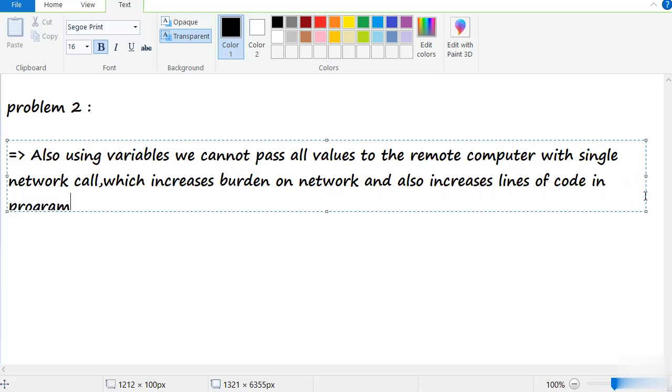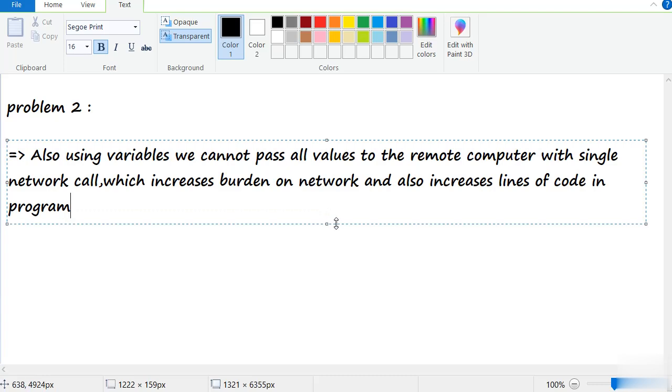This is a major problem of primitive data types. Using variables, we cannot pass all values to the remote computer. Remote computer is nothing but, for example,